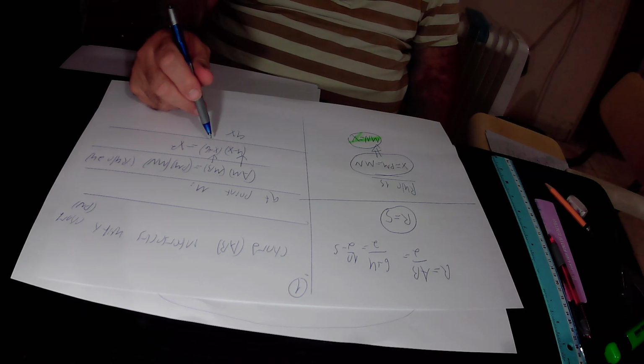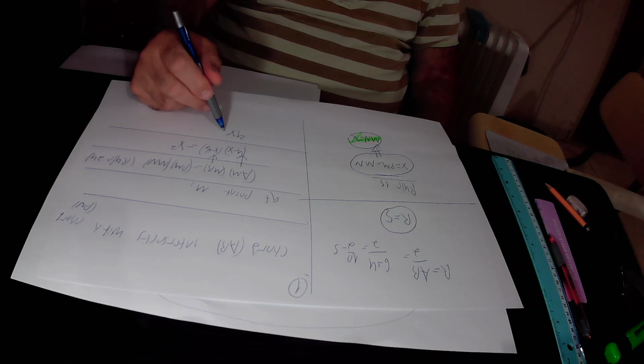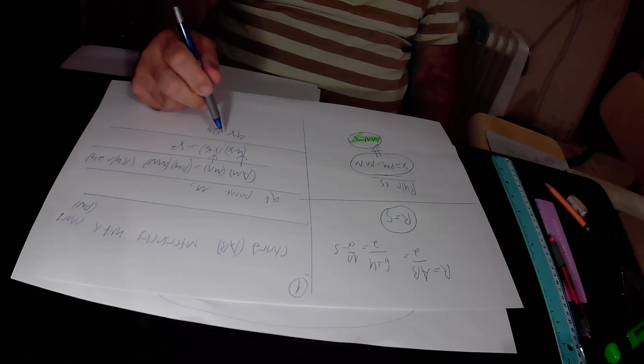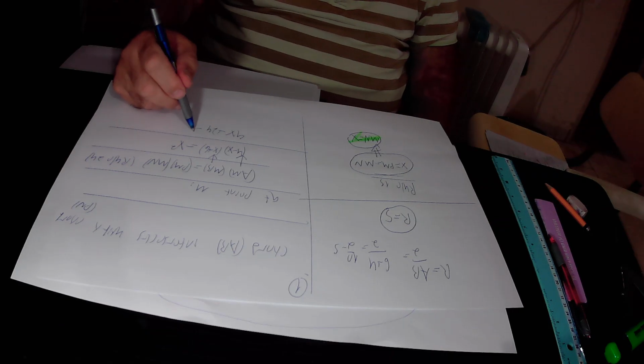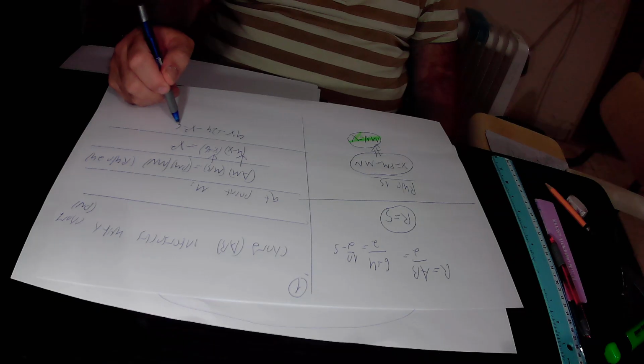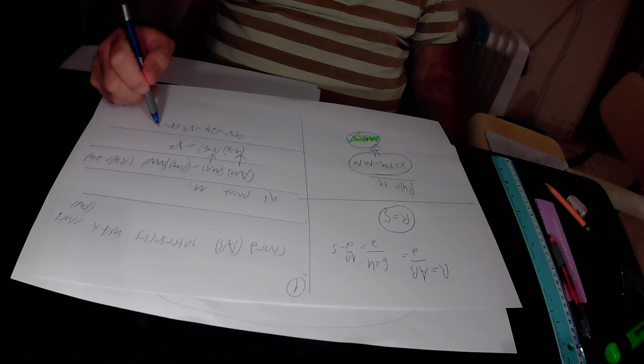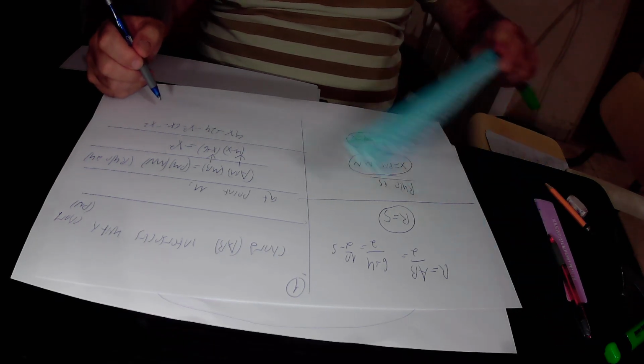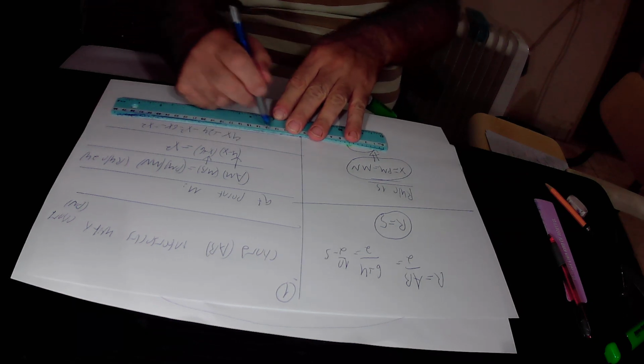4 times 6 is 24, so it is plus 24. Minus X times X is minus X squared. And we have minus X plus 6, that is minus 6X, equals to X squared. So in this side of the equation, we have